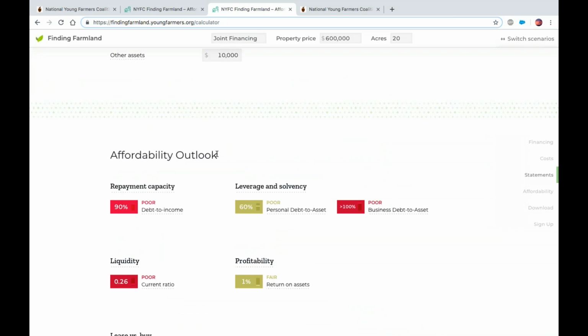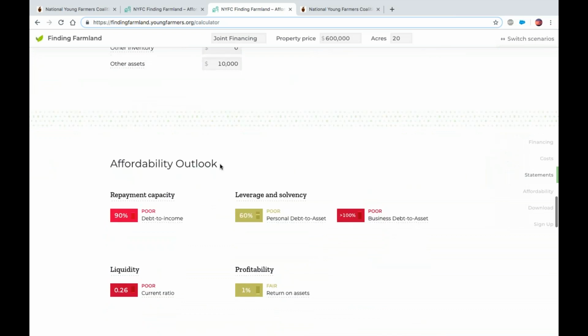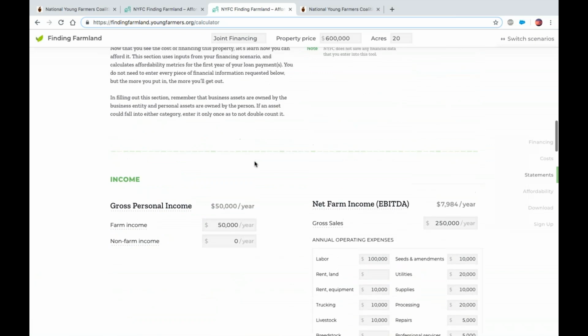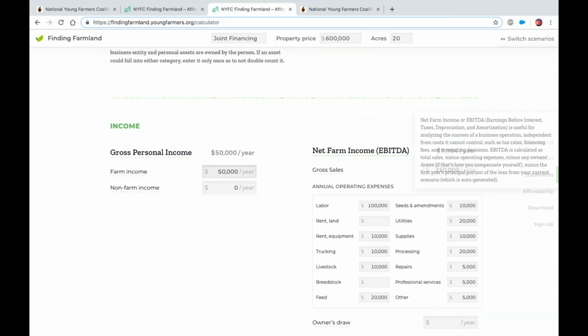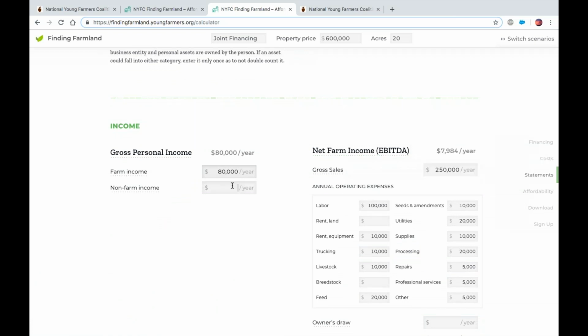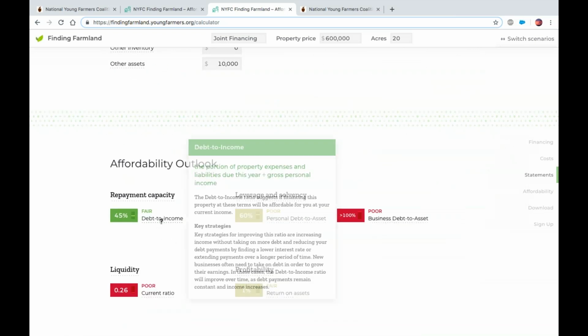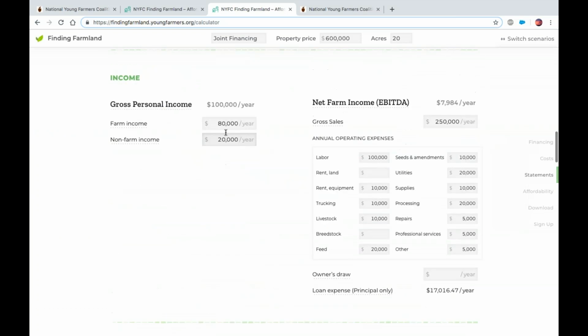So what can this person, or this couple, do in order to make this property affordable for them? And one thing I like to think about is how can they increase these numbers? Because if you increase this to say, I don't know, 80, and you got some off-farm income, so that seems pretty drastic, right? So then they've got a fair debt to income ratio. Maybe they could afford this property. Maybe a lender will take a look at them if that were their income. But that's a 100% increase in your income.